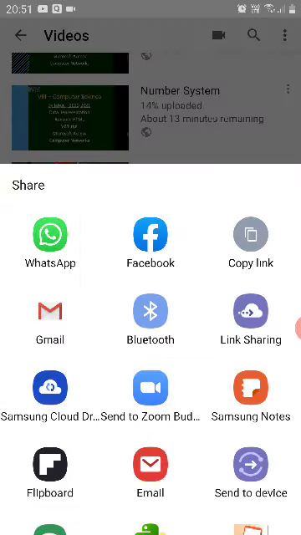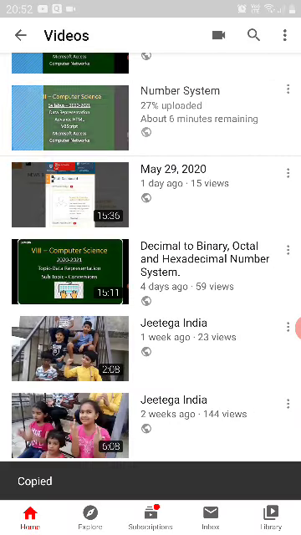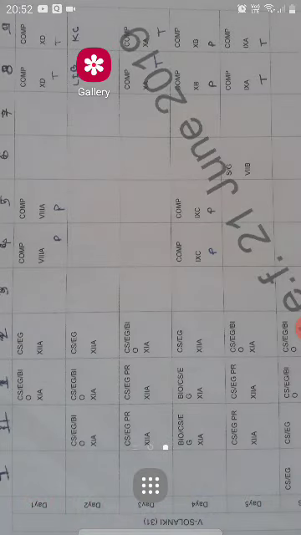When you click on the share option, you can directly share to other platforms, but here we are interested in creating a PDF file consisting of the link, so that we will share this YouTube video in terms of a PDF file. So what you have to do is click on copy link, and it will show you copied. After this you can close all the apps, no problem, because our link is copied to the clipboard. Clipboard is a temporary memory location in your smartphone.